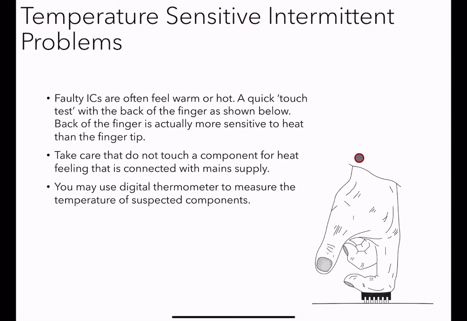Normally the components which are faulty tend to have a bit higher temperature, but not always. We must be careful, because some of the components run at high temperature. That means when they are operating normally, they still are hot, like power transistors. So we must have a prior knowledge to